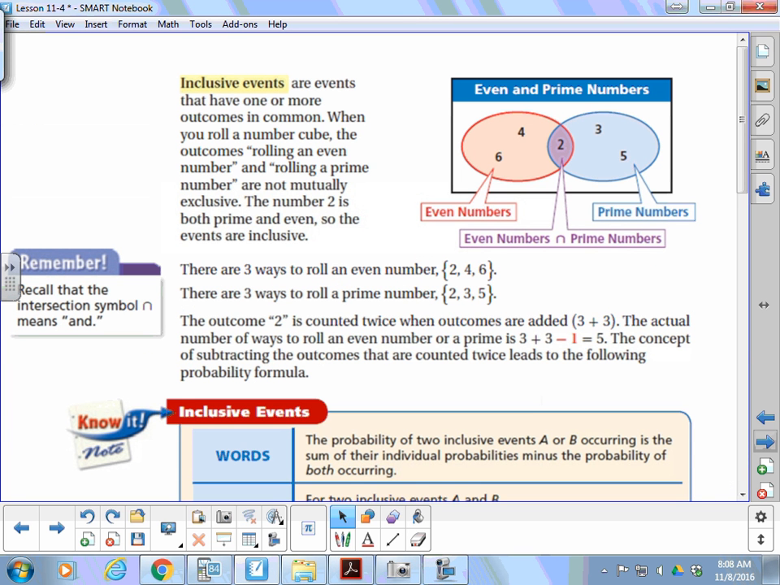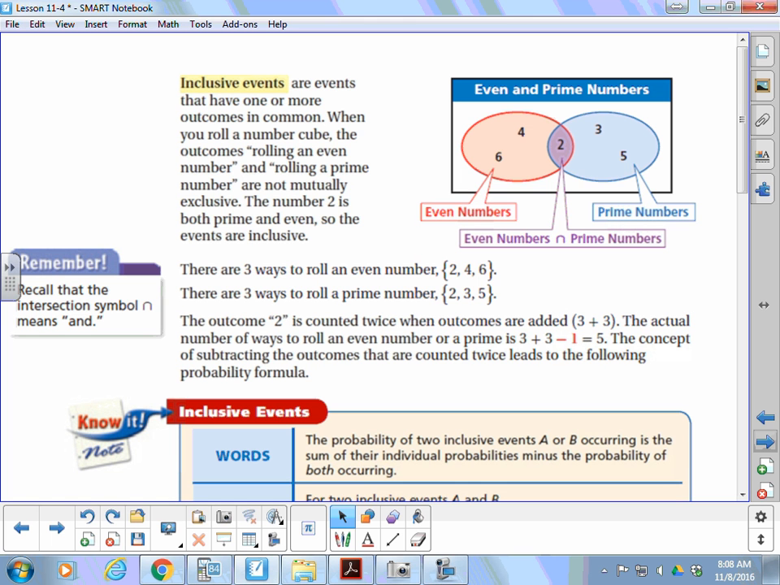All right, inclusive events are events that have one or more outcome in common. So here they show this Venn diagram. How many of you are familiar with Venn diagrams? You've used them before a little bit, okay? All right, so here we have the left side of our Venn diagram here that's in kind of orange is even numbers, 2, 4, and 6. So when I roll a number cube,